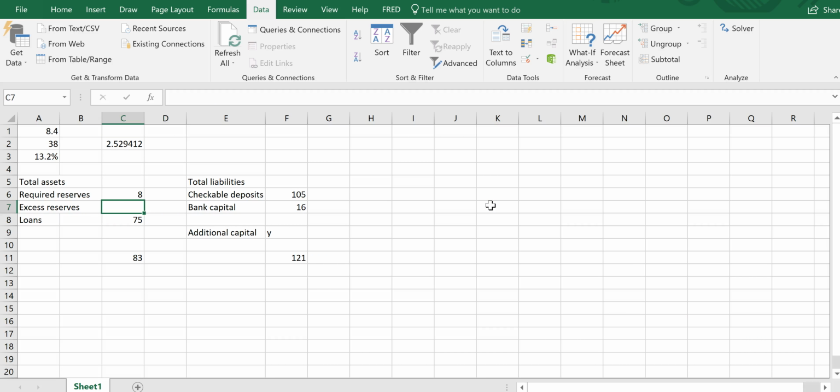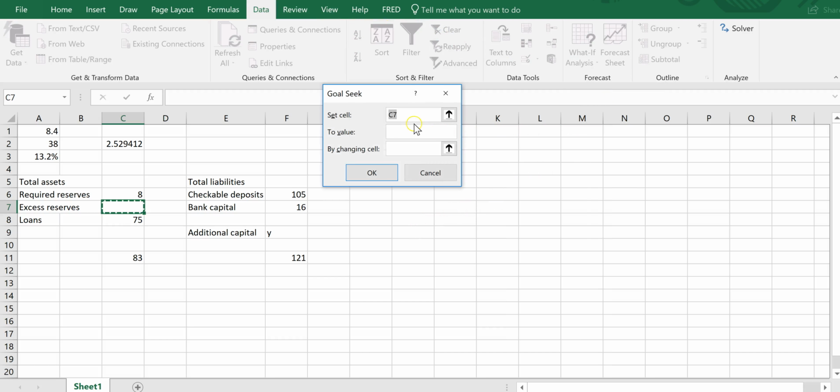But here I think we need to be a little bit smarter in order to do that. All right, remember, in order to use the goal-seek function in the data tab, what-if analysis, goal-seek function,